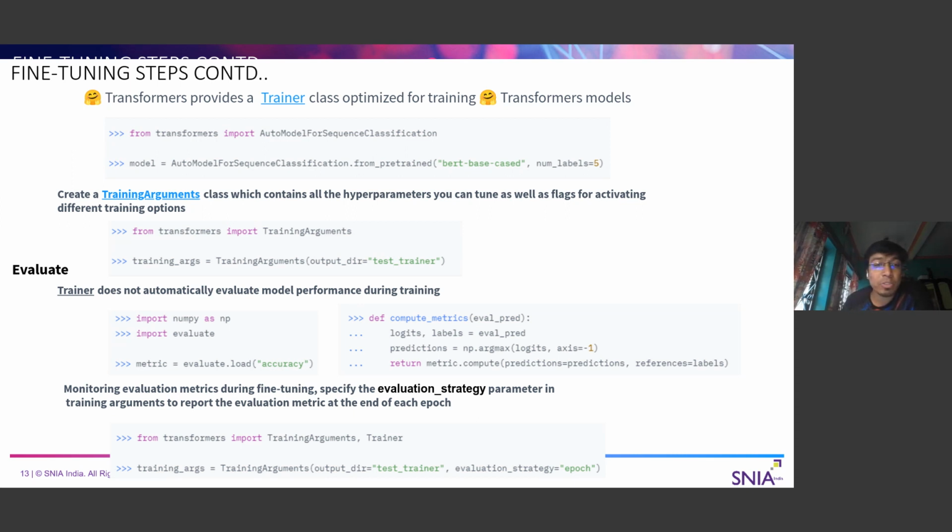Or we can pass it as a strategy, as you can see in the last line. The set of training arguments has the output directory, and we are passing the evaluation strategy as epoch. There can be different types of evaluation strategy also. Epoch basically means that at the end of every epoch, the model performance will be evaluated. So as of now, we are creating the training arguments for the training. Okay.